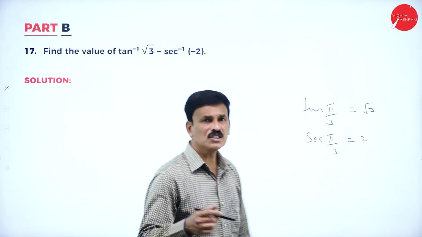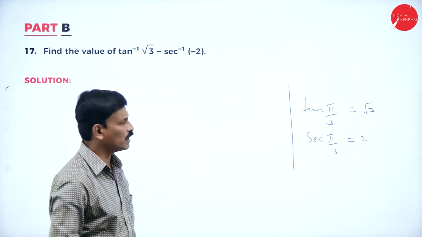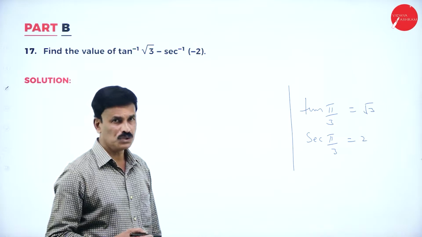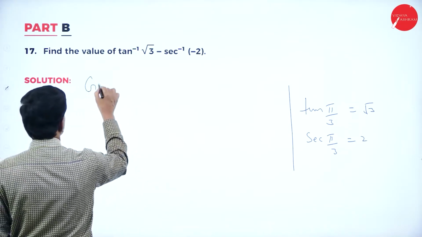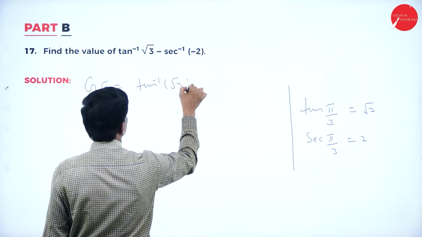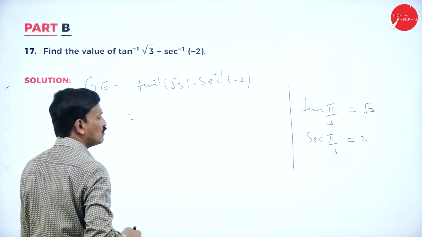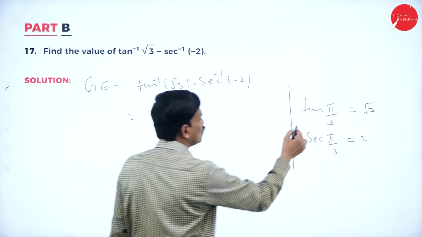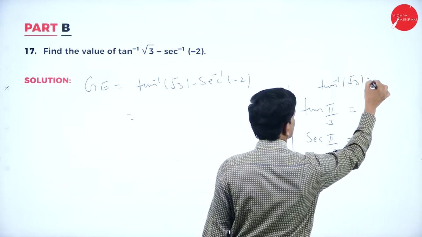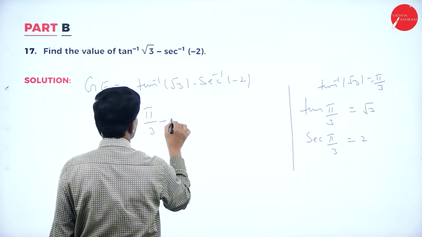Right. Now listen to me. Now we know the values of tan pi by 3 and secant pi by 3. What is tan pi by 3? Root 3, and secant pi by 3 is equal to 2. Now the given expression is tan inverse of root 3 minus secant inverse of minus 2. Now what is the value of tan inverse root 3? Tan inverse root 3 is equal to pi by 3. So this is pi by 3 minus